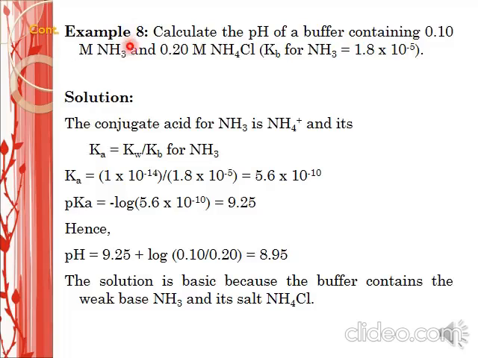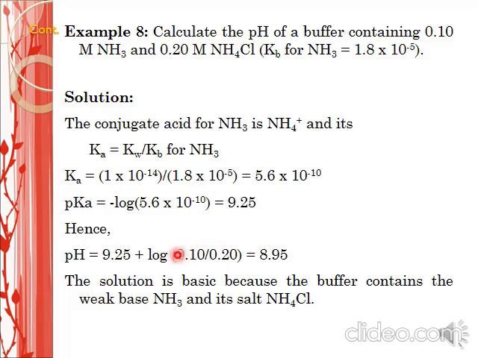Okay, this example is showing how to calculate the pH of a buffer solution. This buffer contains 0.1 molar weak base and 0.2 molar ammonium chloride, and given the Kb for the weak base ammonia is 1.8 times 10 negative 5. To solve this question, we have to use the Henderson-Hasselbalch formula, which is pH equals pKa plus log of